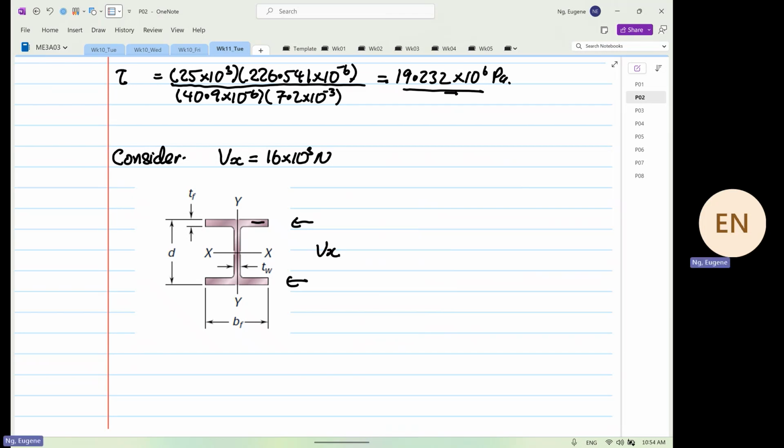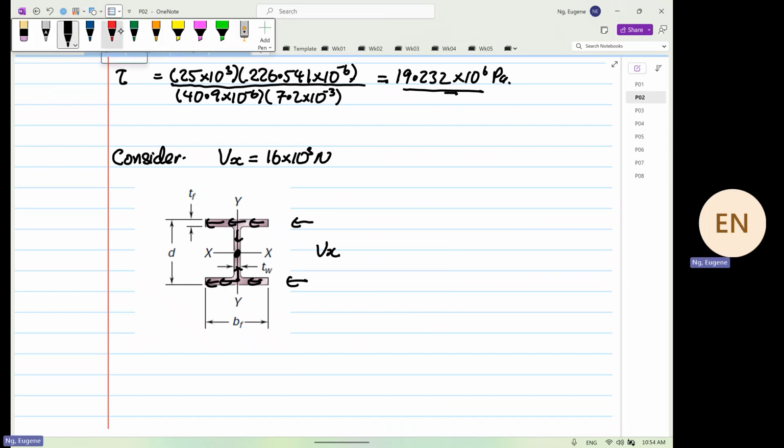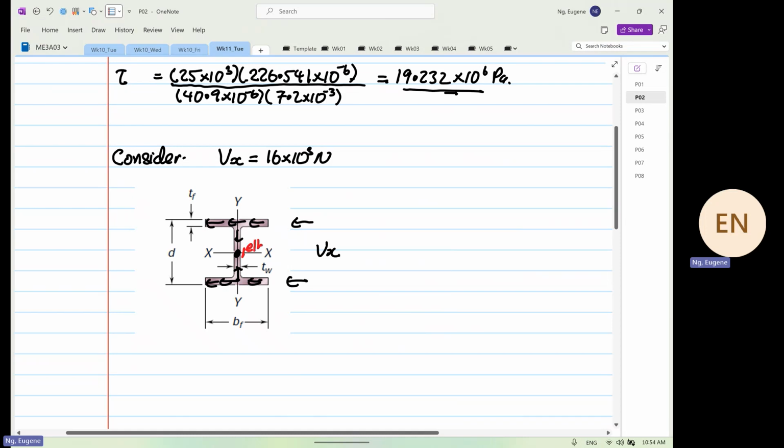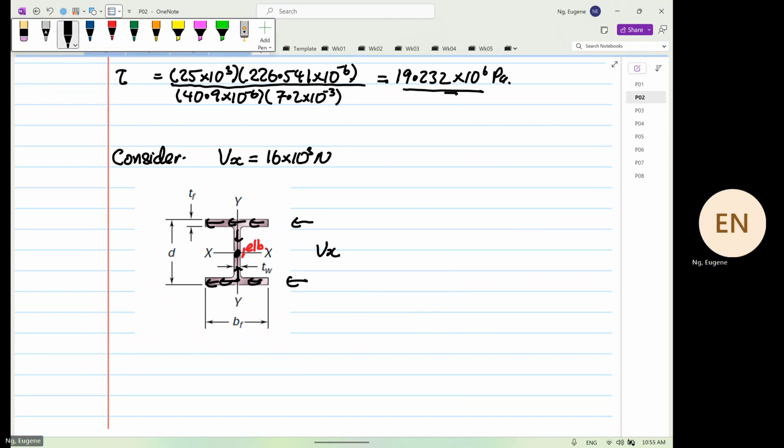And when we design the shear flow, at the center and over here, this is where our element P is. So using thin wall analysis,